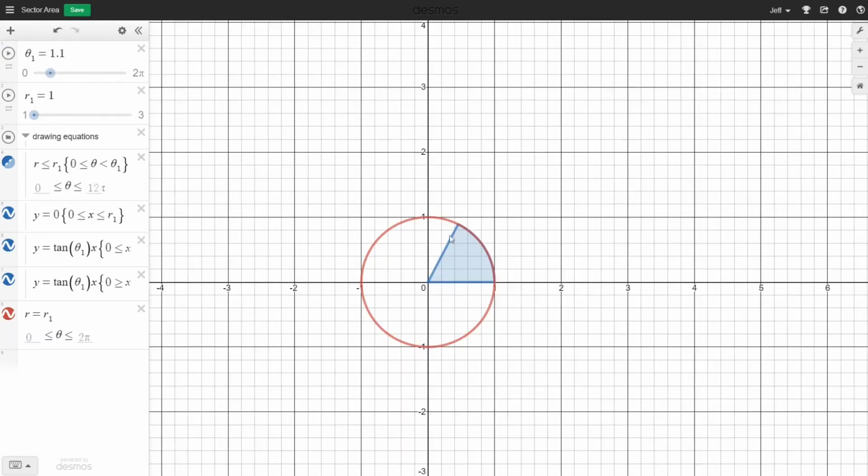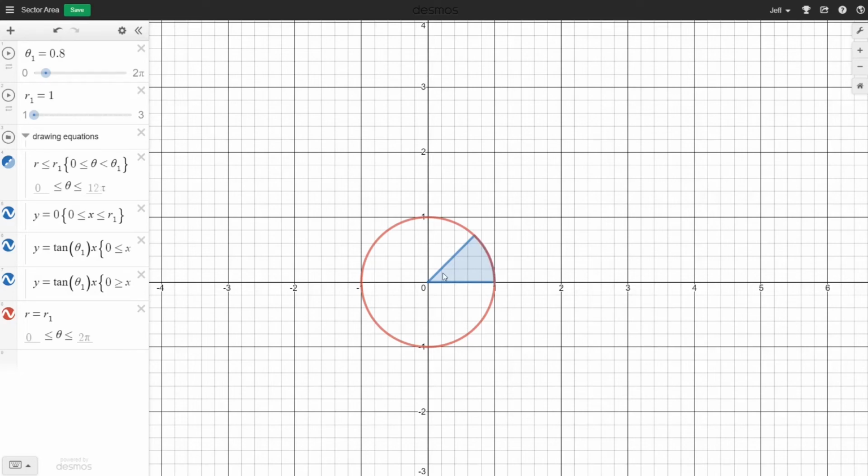If we have other fractions of circles, sectors of circles like this, we can come up with a formula for the area of a sector of a circle by thinking of what fraction of the circle we've cut off with this sector. This seems to be about 1/8 of the circle, 1/8 of the way around. This angle right here would be about pi over 4, measured in radians. Remember, a radian is the distance along the unit circle of this arc that's the outer boundary of this sector.